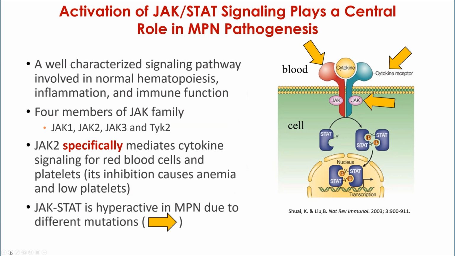Important to remember. Now, in the disease, MPNs, classic MPNs, we have abnormalities that lead to hyperactivity. Abnormalities related to the yellow arrows are mutations in the cytokine receptor, MPL receptor for thrombopoietin, a JAK2 mutation, which probably we all know about, and then calreticulin mutation, which leads to calreticulin protein to be expelled and attaches itself to the receptor for thrombopoietin, another way of activation of this JAK-STAT